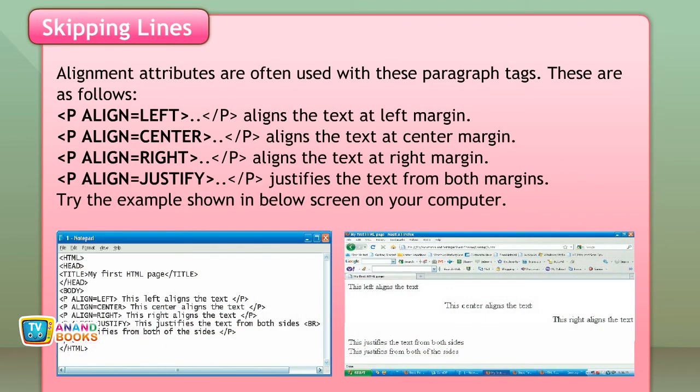Alignment attributes are often used with these paragraph tags. These are as follows. P align equals left aligns the text at the left margin. P align equals center aligns the text at the center. P align for